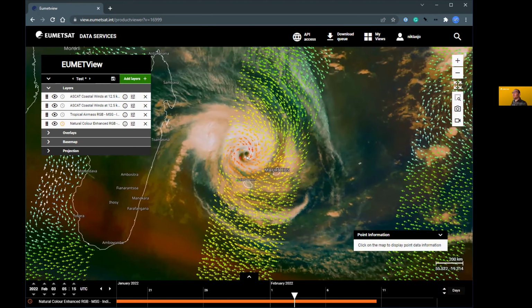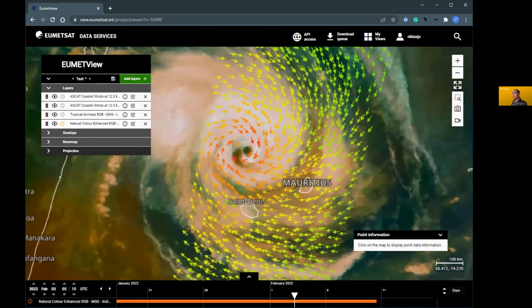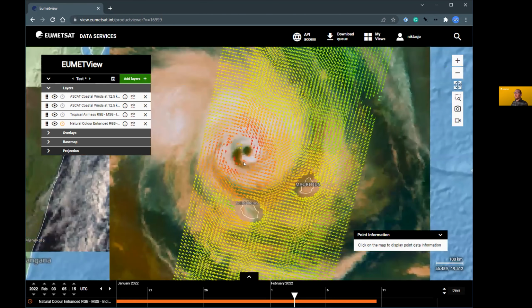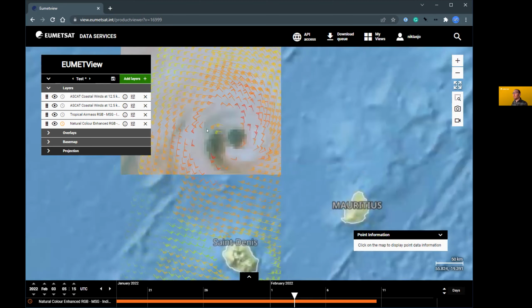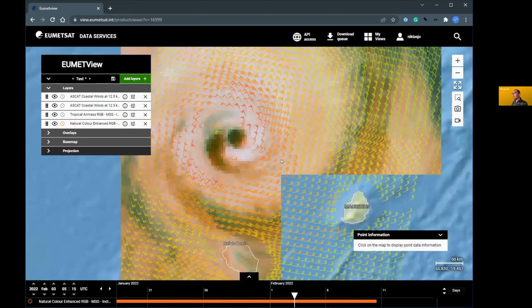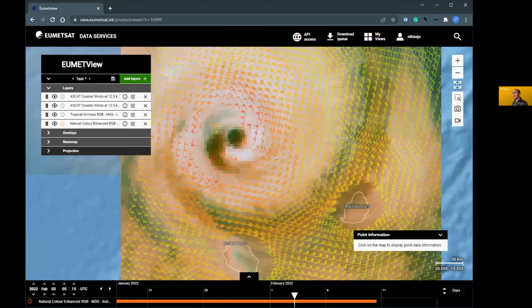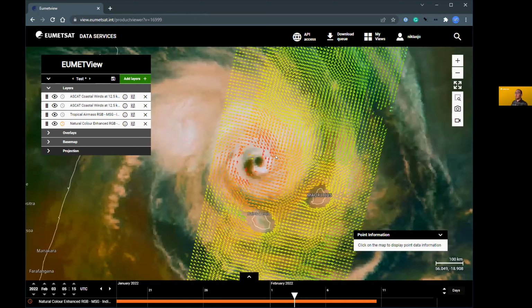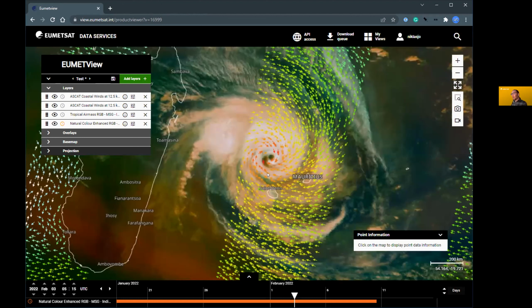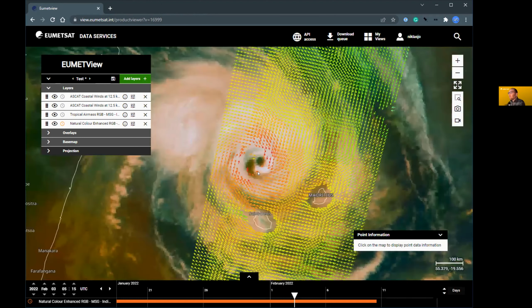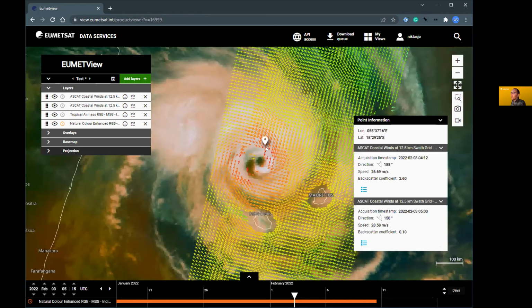What you can do with the vectorized data is you can zoom in and the data gets a more detailed grade. So when you are looking much more into it, you can see here that you have all the single data points, and when you go out of it, the data will be generalized a bit. And when we go into it and we want to see what is the wind speed directly or near the eye of the cyclone, we just can click on the map, and you can see here now the direction of the wind is